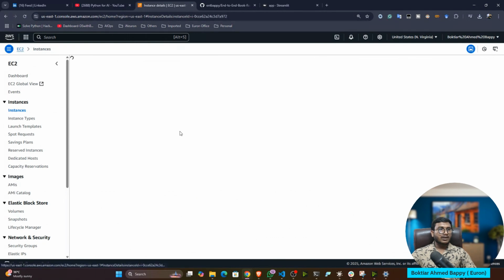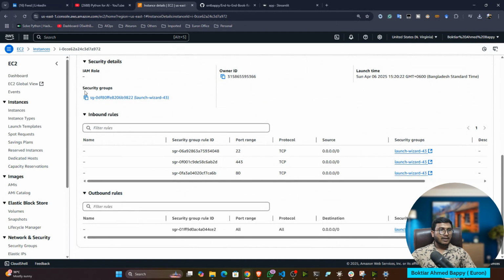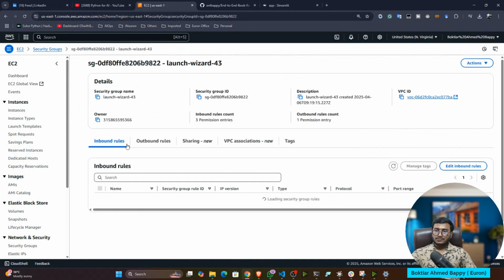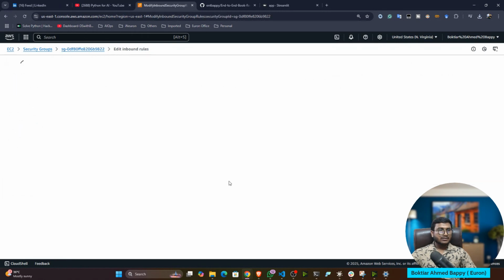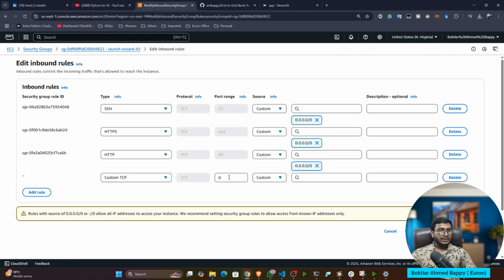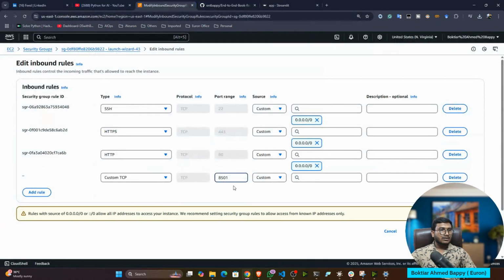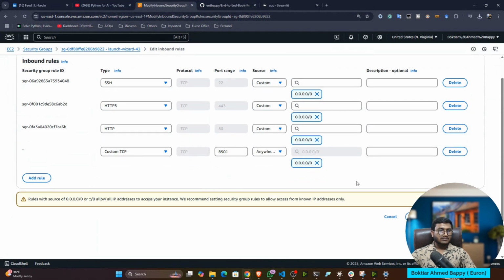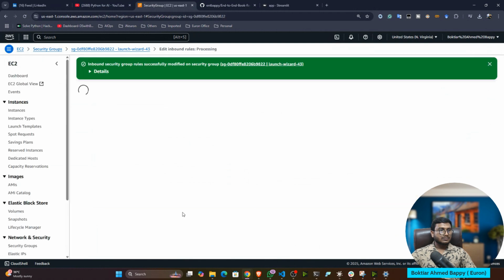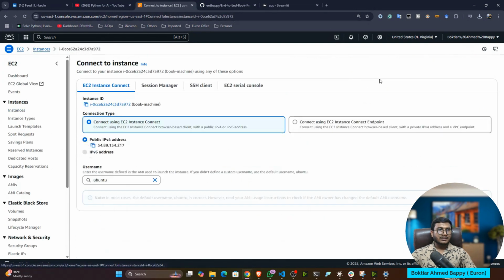Now I have to do the port mapping. Just go inside that. To do the port mapping, go to the security. Now here you have one option called security groups. So here you have one option called edit inbound rules. Just try to click here. Then add rules. Here you can add port number 8501. You can also verify 8501. Then select 0.0.0.0 because you can access from anywhere. Now I'll try to save the rules. Then again, I'll go to the instance machine ID. Now let's connect the machine.